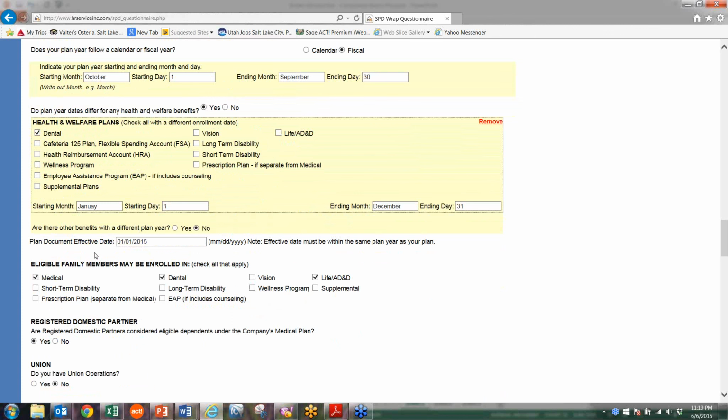The plan document effective date. This is the effective date that will be indicated on your plan document. Now, if you are several years late and wish that you could go back several years and insert a date here to cover back when, you can't do that, unfortunately. You're only able to go back